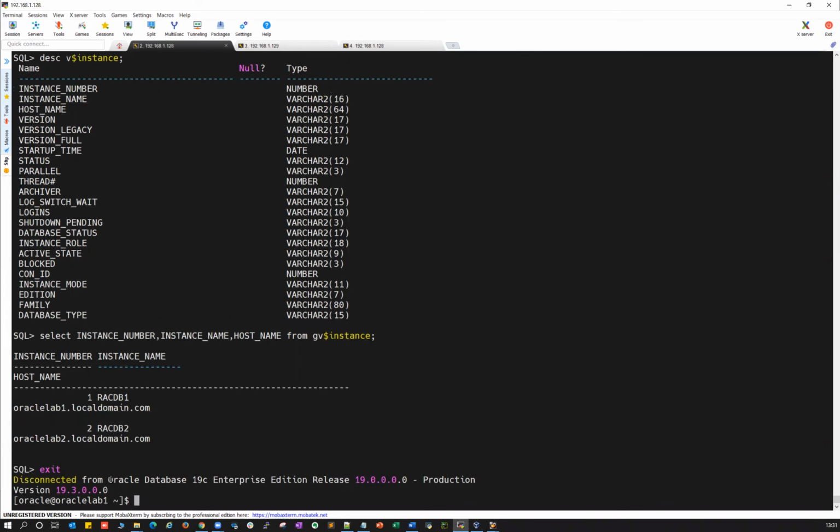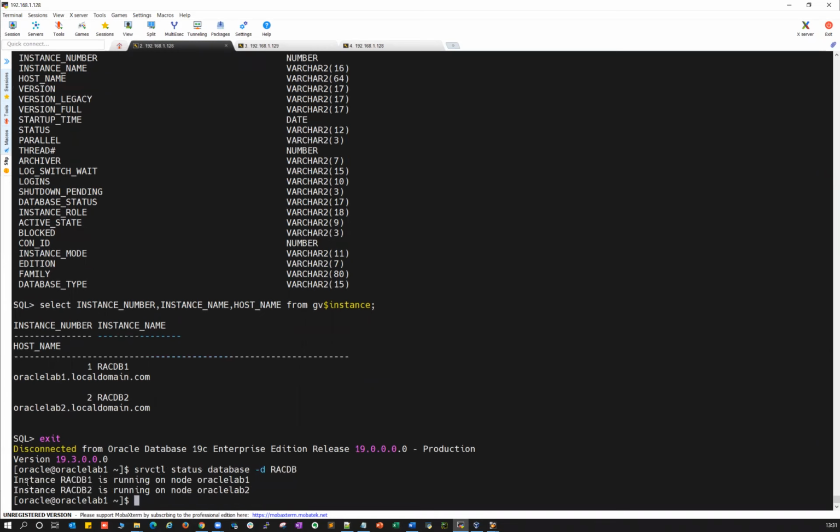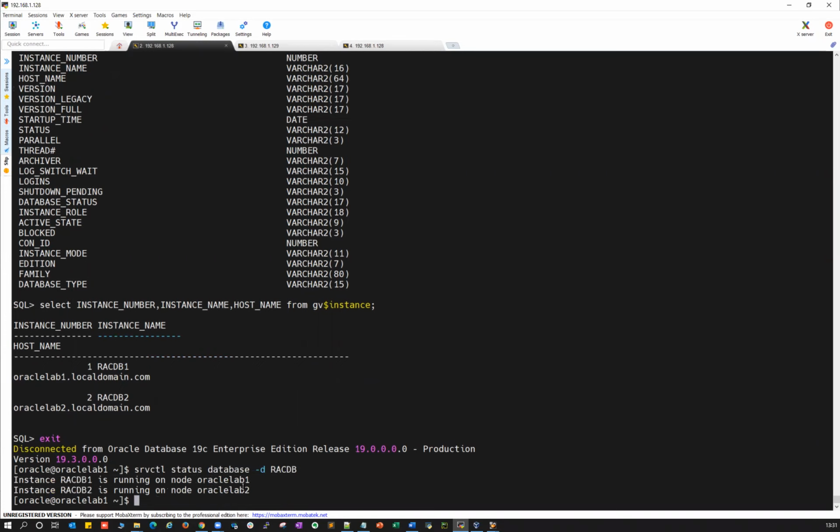So now you can do srvctl status database -d and then your RACDB. It should be up and running on both nodes. You can see instance 1, that is RACDB1, instance 2, that's RACDB2, running on node 1, that's Oracle Lab 1, and node 2, that's your Oracle Lab 2.